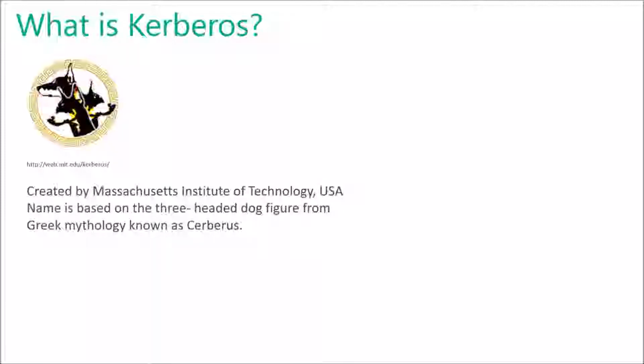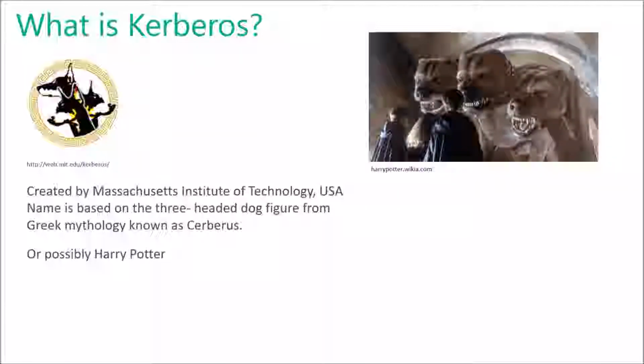Kerberos is a network authentication protocol developed by the Massachusetts Institute of Technology in the United States back in the 1980s. The name Kerberos is based on a three-headed dog figure from Greek mythology known as Cerberus, because there are three parts to the protocol. Or possibly from Harry Potter. For those of you who are Harry Potter fans, you will know that Hagrid owned a Kerberos called Fluffy that